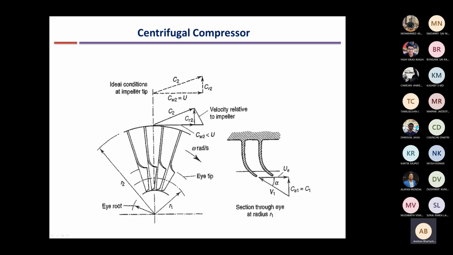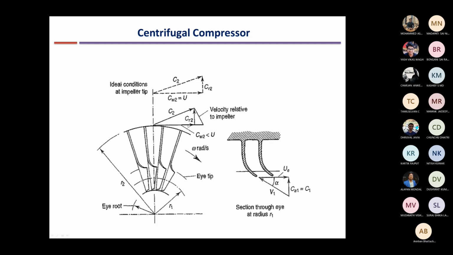You should correct me. V2 is the relative velocity, right? What will be the relative velocity at the exit? The relative velocity is the velocity at which the flow is going out relative to the impeller. So if you are sitting on the impeller, you can see that the flow goes out in a straight direction across the circumference. So V2 will be along the CR2. V2 is the relative velocity, and U2 is the blade velocity. It's not shown here as U2. We'll draw our diagram, which is along this line.